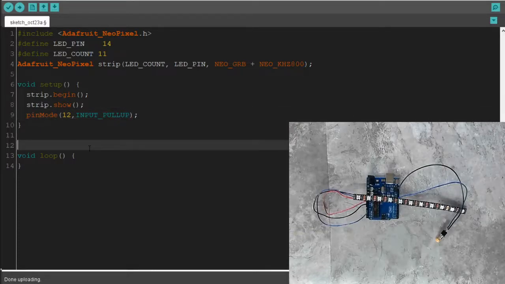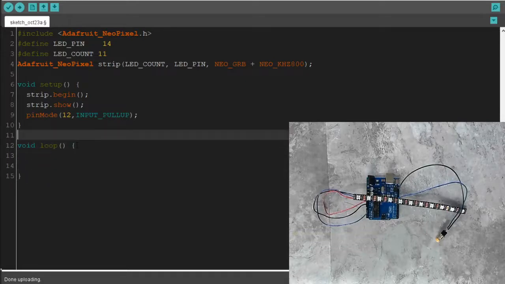Okay, so let's go to our loop here. Let's start actually coding something. Okay, so we're going to do an if statement here. If, so I'm going to show you 3 different ways that mean the exact same thing, okay? If digitalRead, I guess I'll show you a ton of different ways that show you the exact same thing. 12